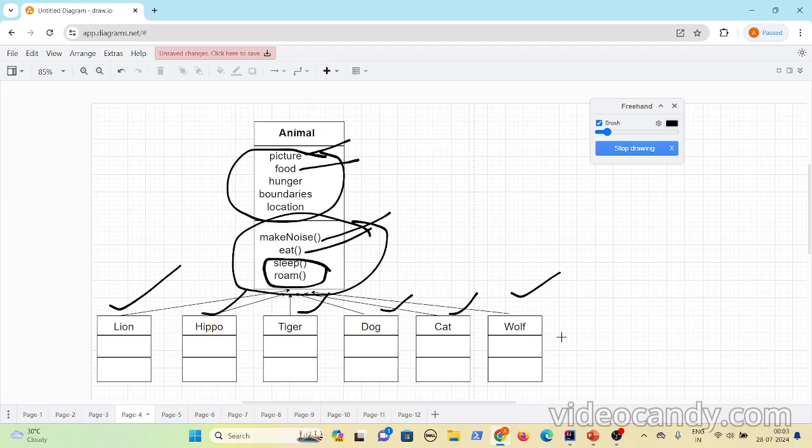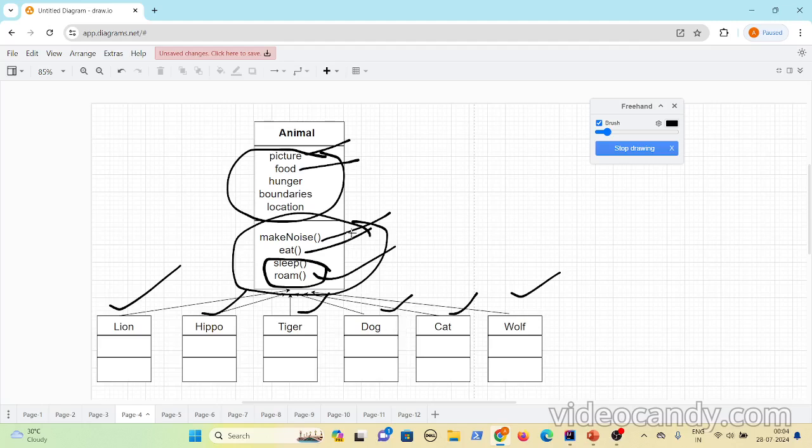They just wake up and roam around. So that is also a common thing. So you can have the logic for sleep and roam common to all. You need not define the sleep and roam methods separately, because the logic defined in the animal class is the same for all these classes.